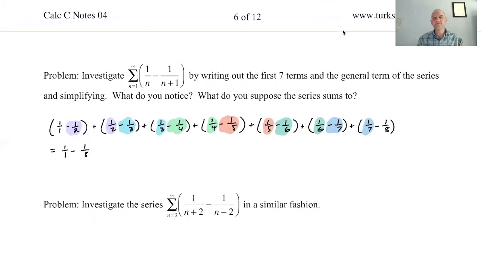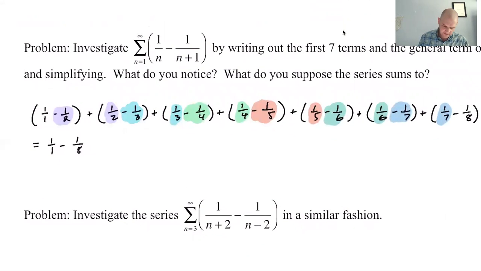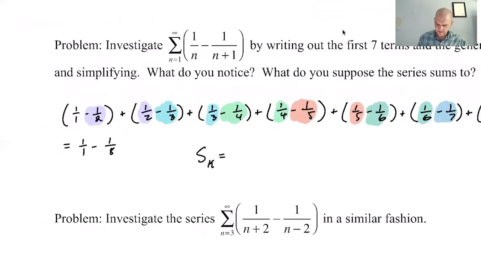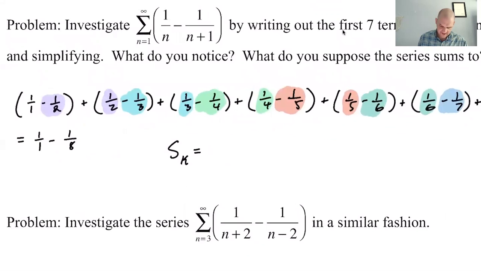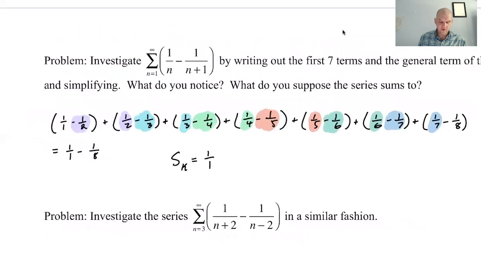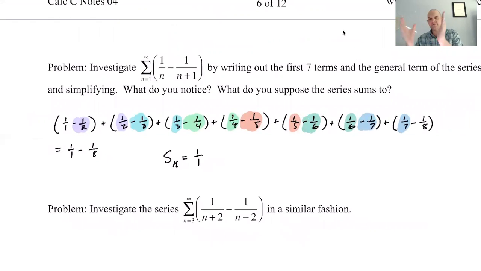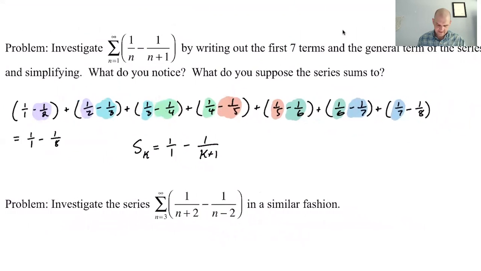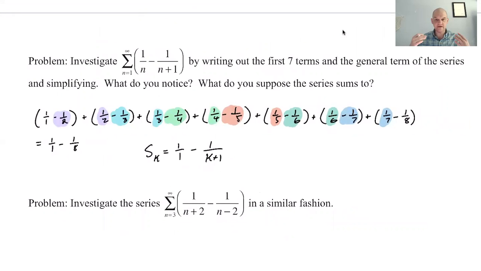So what if we went from n equals 1 to k? So the kth partial sum. If I were to say s sub k, this is literally going to happen. I'm still going to have 1 over 1. All the intermediate pairings are going to collapse on each other, so plus 1/2 minus 1/2, plus 1/3 minus 1/3, all gone. The only thing I'm going to be left with, if I'm going up to k, is minus 1 over k plus 1, which means that if I want to figure out what the series sums up to,